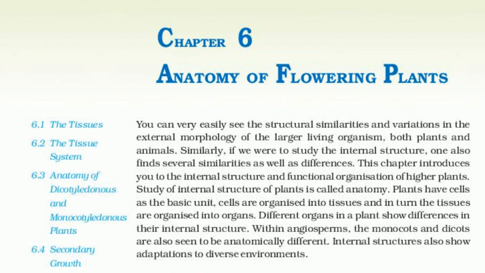6.3.6 Isobilateral (monocotyledonous) leaf. The anatomy of isobilateral leaf is similar to that of the dorsiventral leaf in many ways. It shows the following characteristic differences. In an isobilateral leaf, the stomata are present on both the surfaces of the epidermis and the mesophyll is not differentiated into palisade and spongy parenchyma. In grasses, certain adaxial epidermal cells along the veins modify themselves into large, empty, colorless cells. These are called bulliform cells.